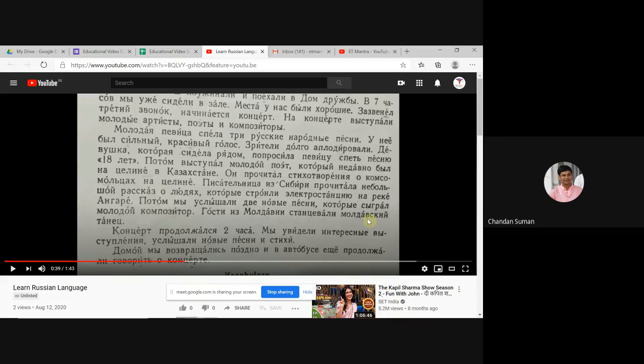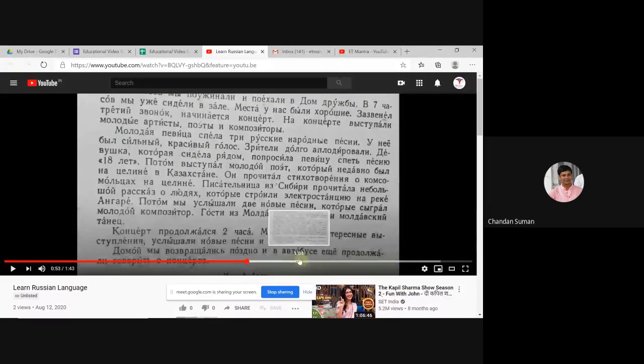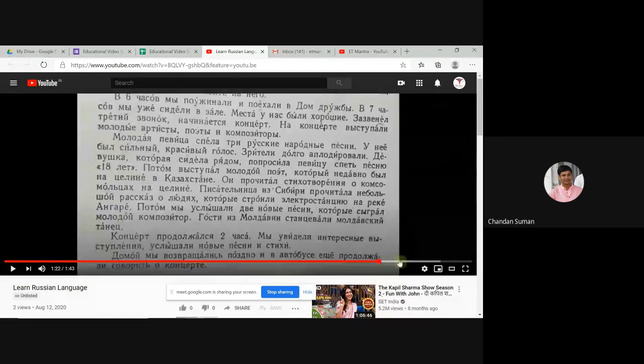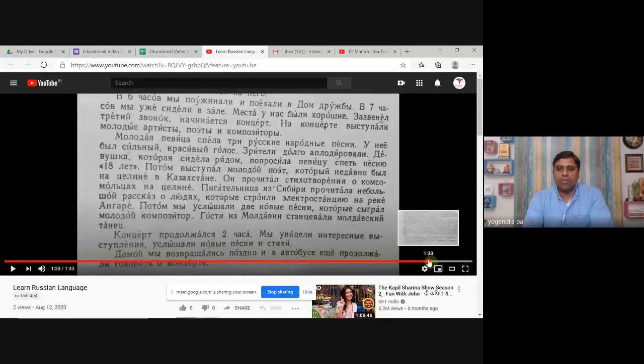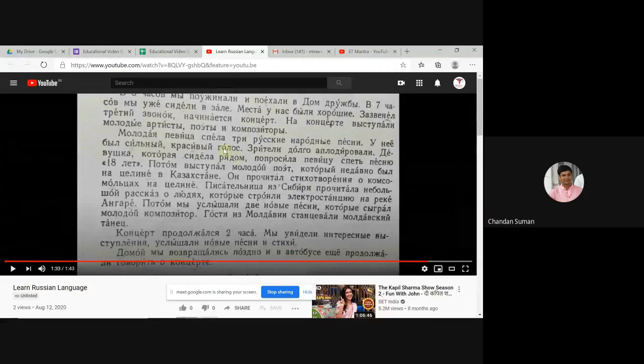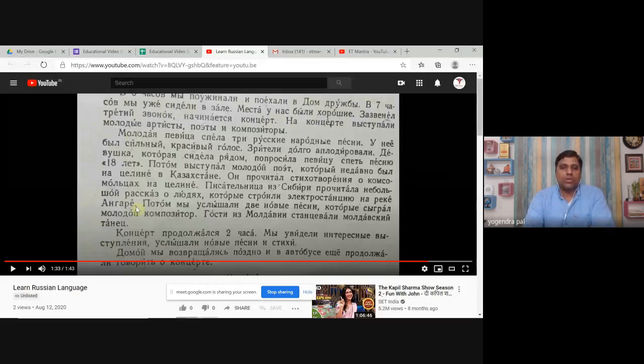Yes, sir. At least my cursor should move along each word, so that the student would easily understand which text and which word, which sentence I am reading. Yes. So this is the only problem. Visual cues are missing. So whenever you make a video, whether it's a screencast, slidecast, or tabletop, try to give visual cues.